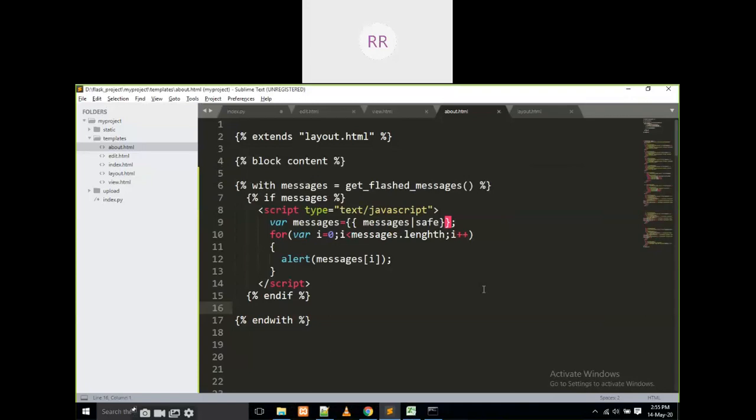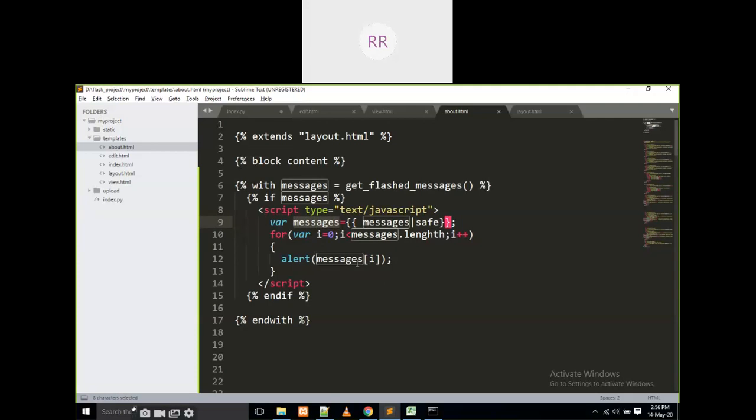End it, messages, messages dot length. Everything is open. Yes, yes, spelling mistake.